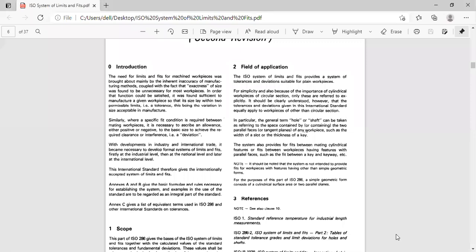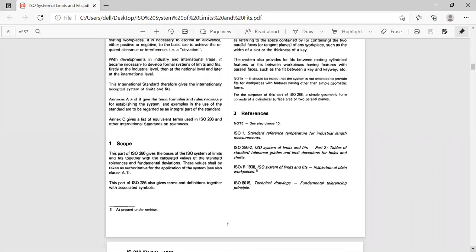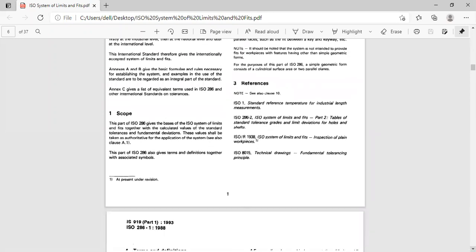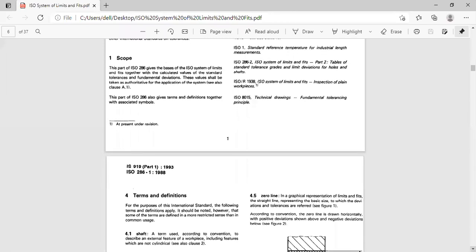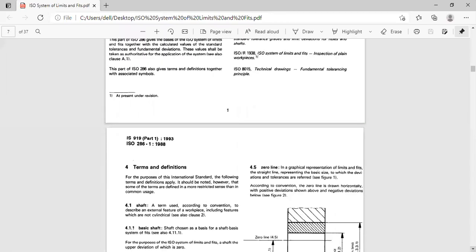So this topic is the ISO system of limits and fits. We have a number of references here. This is a very important topic which was taken from the net. It will help a lot. So I'll be sharing it with you after the class this weekend. I have already shared one or two of the PDFs. I'll check and again share whatever I have not shared for this particular unit or chapter.